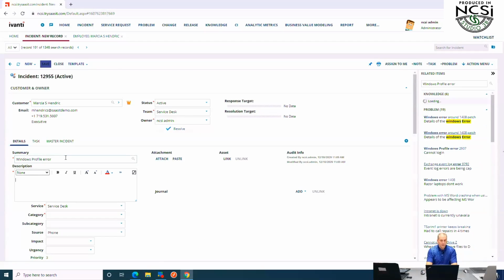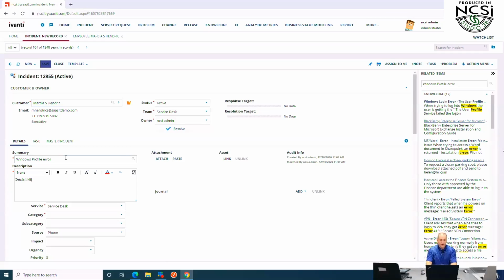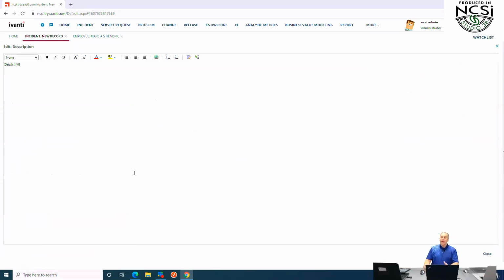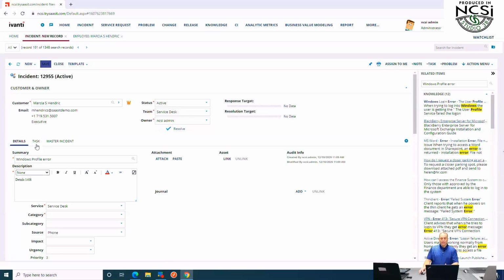Now, from this perspective, we can say, we have a Windows profile error, details 1408. You'll notice that this field here is an HTML field. I can maximize that. I can drag and drop screenshots to that. I can have all kinds of rich content in that description field because it is an HTML enabled field on there. Let's go ahead and select this as a desktop service and that this is an application failure that's going